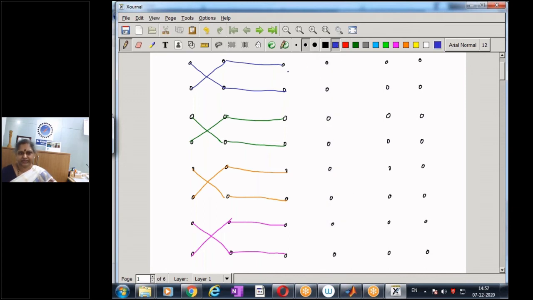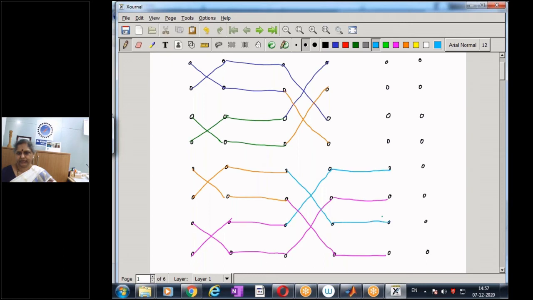So let's draw the second stage. Say this is my first figure in the second stage, first computation in the second stage. So the second stage involves the computation of 4-point DFTs. So let's take the second one. So this is what we have in the second stage. So let's take the output of the second stage.